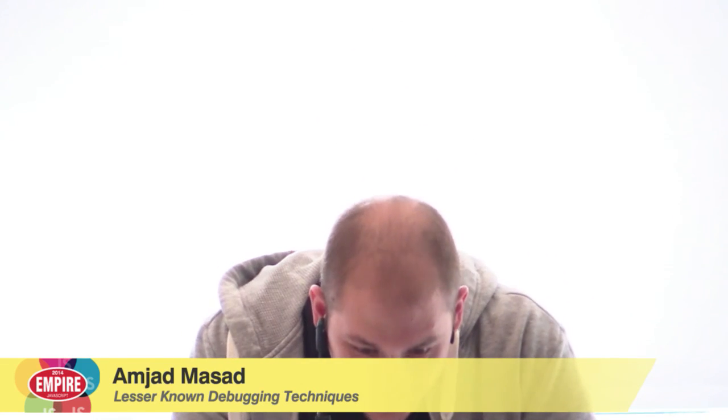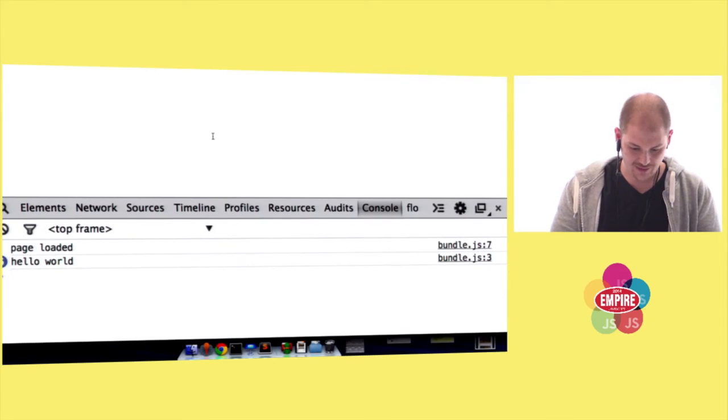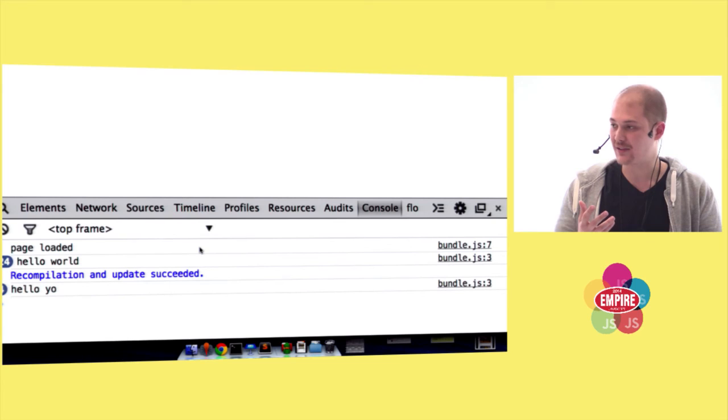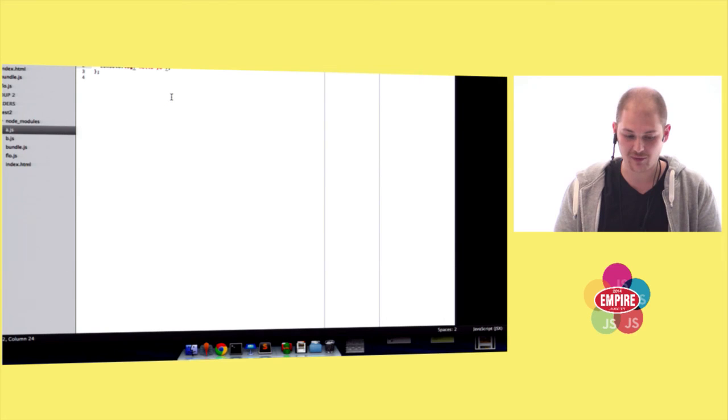But you start Flow from the console, and then if you go to the browser, let me try to invert. Maybe this is better? All right. So let me refresh. What's going on here is that it's logging page loaded and then hello world. And then when I go back and change hello world to just hello yo, it just recompiles on the fly and without reloading the page it just keeps on executing. You can do whatever you want here. Just add an alert for fun.